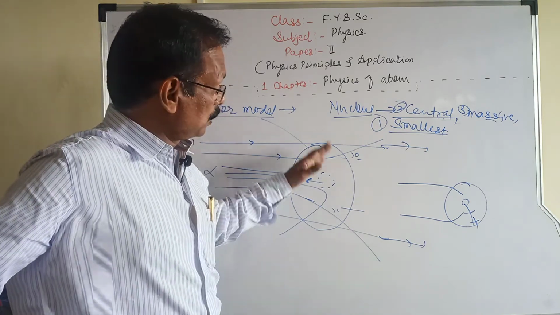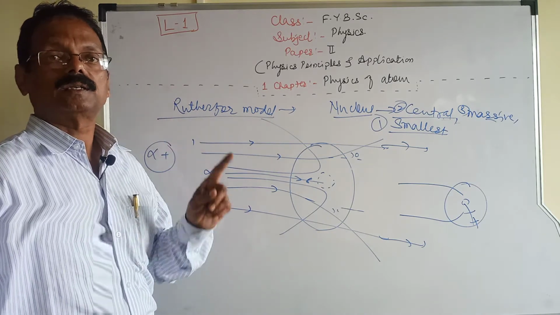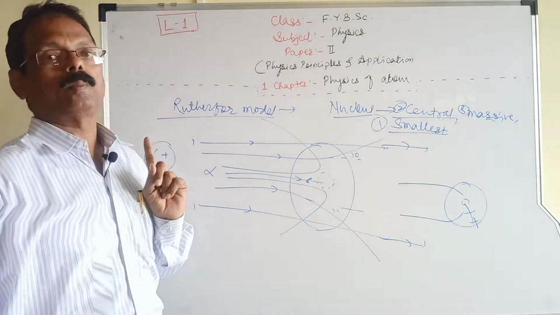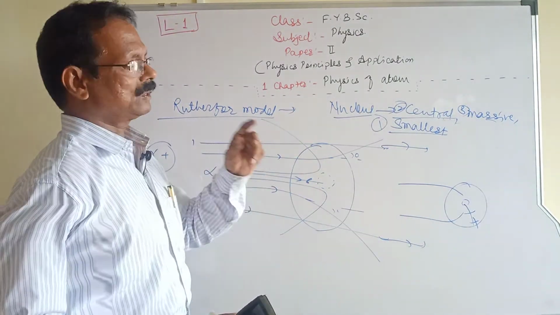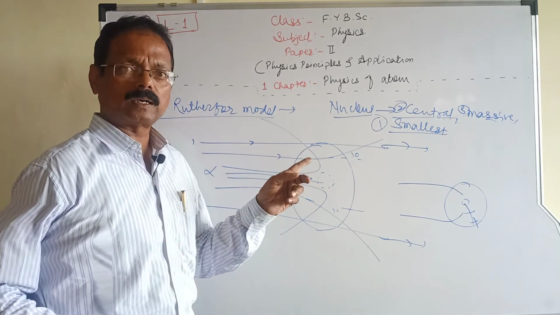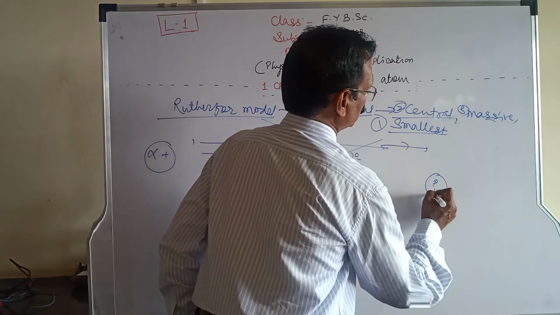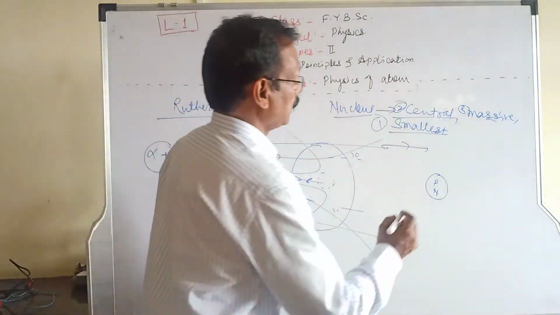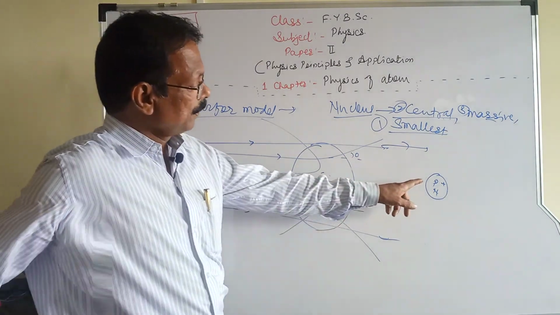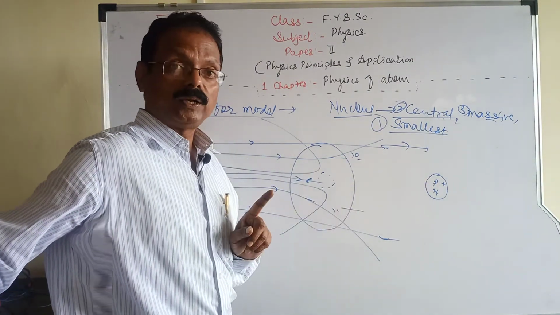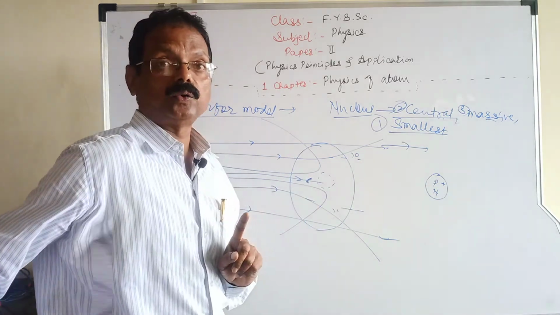So from this Rutherford atomic model, we find out that the nucleus is the smallest central massive region of the atom. It is nothing but the definition of the nucleus. And as we conclude, there is some positive material at the central portion of the atom. Then we find out that the nucleus contains protons and neutrons. The protons are positively charged particles, and neutrons are neutral in charge.